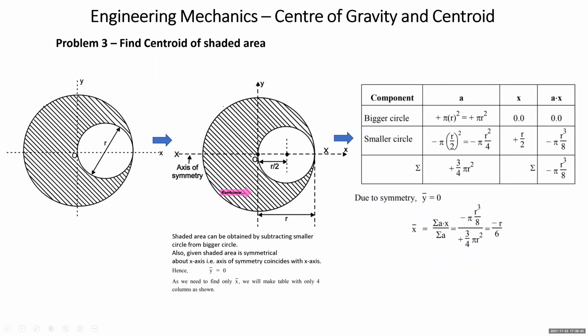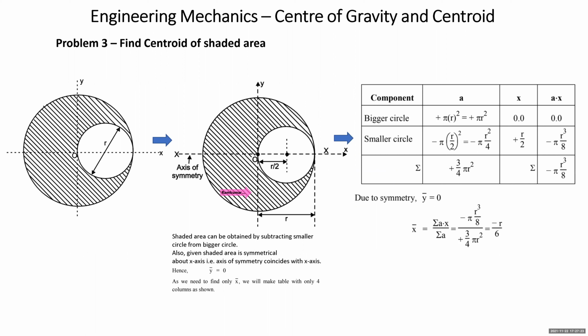Next problem, again we have to find the centroid of the shaded area. Now in this problem also you have no choice, no options. If I ask you to find the centroid of the shaded area, or I ask you to calculate the shaded area, how will you calculate it? Shaded area can be arrived only by taking bigger circle minus smaller circle. You have no other choice. So student, that becomes your composition. When you are solving the problem, bigger circle area will be taken as positive, smaller circle area will be taken as negative.